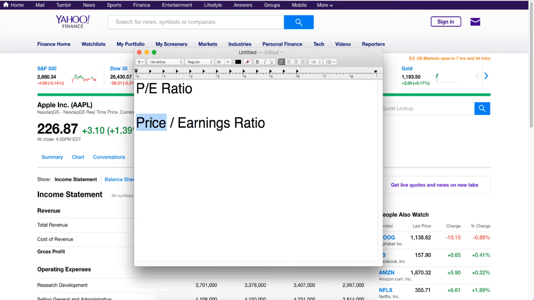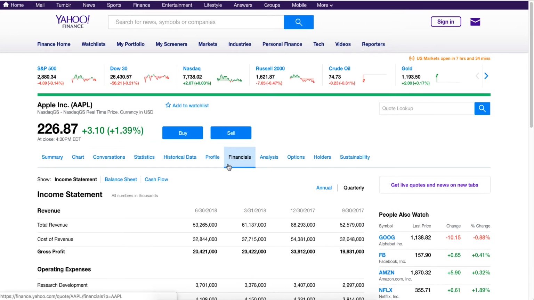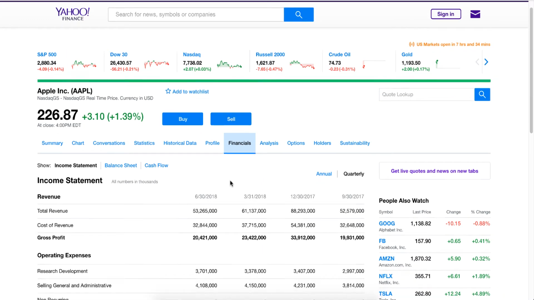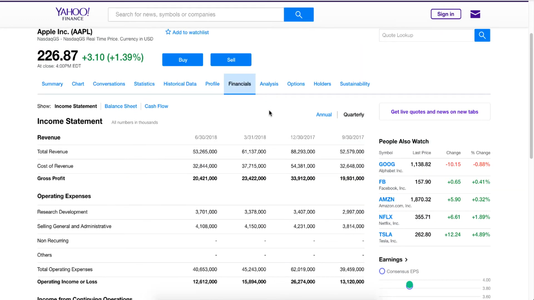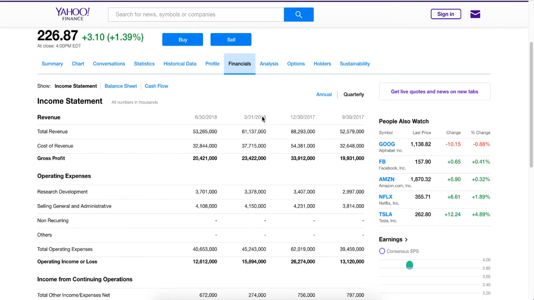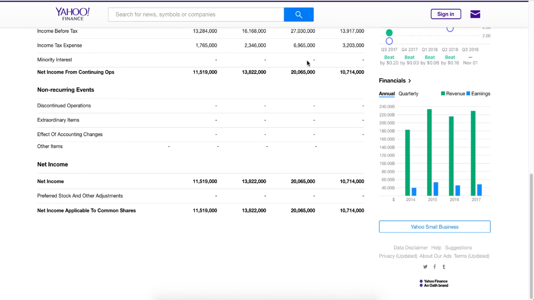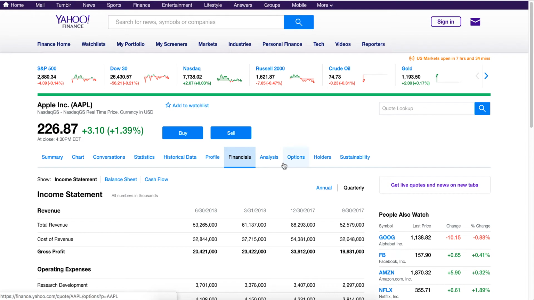Everybody can tell what price is, right? It's the price of the stock. That's simple. But earnings, what does that actually mean, and how do we get that? Now, the earnings of the company come as part of its financials, and you can see here in the income statement that since it's a public company, they publicly announce how much money they make, how much money they spend, how many loans they have, what they're spending on preferred dividends or normal dividends, and all that. And so they come back with actual numbers here that you can use to calculate the PE ratio